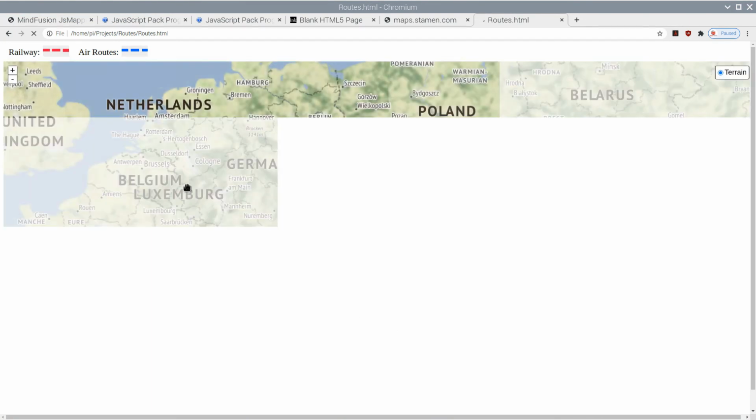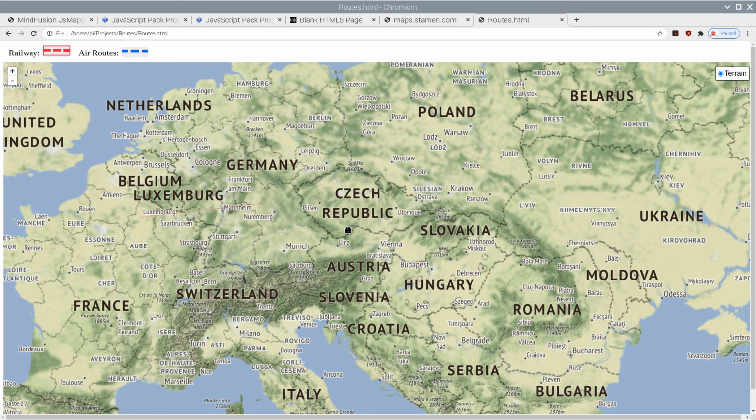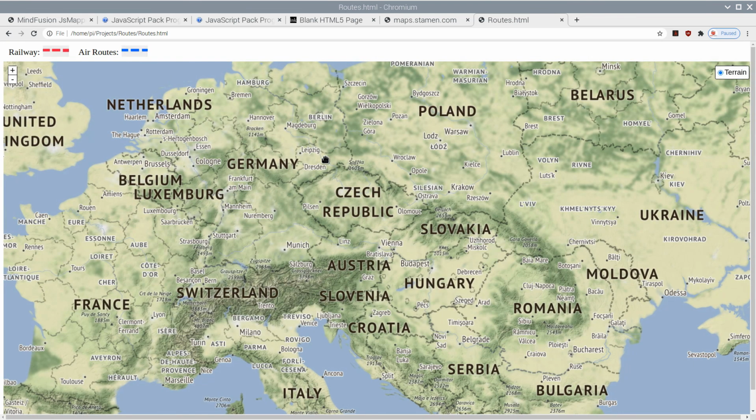Let's test our application. We select the red button and the route is drawn with red. We click on the blue line and a new polyline is started with blue line. Everything works fine. We need to add just one more thing. When the page loads, the pen is blue, so the blue button needs to be initially selected.